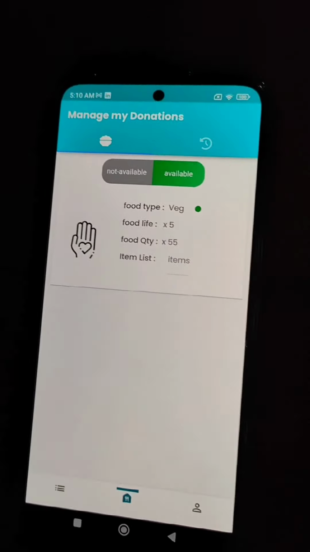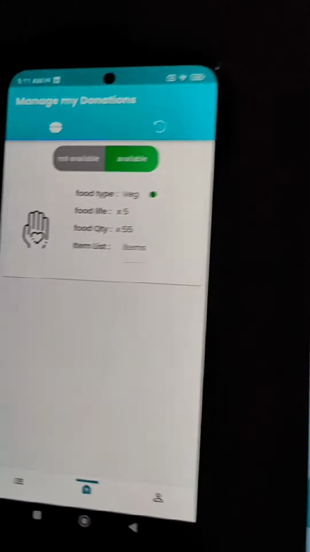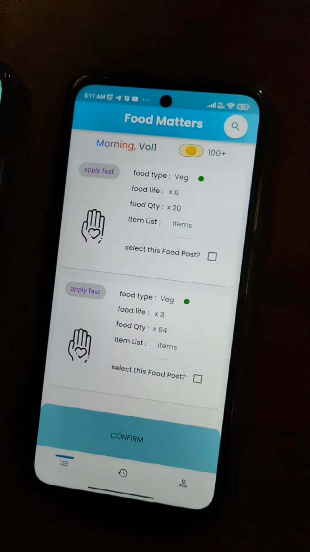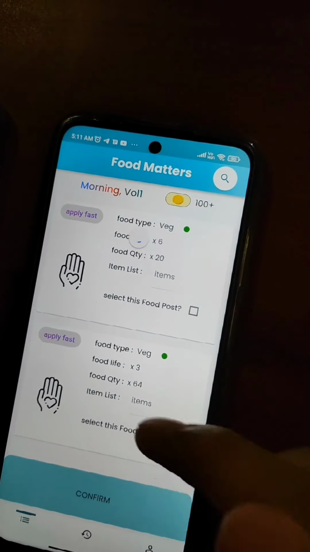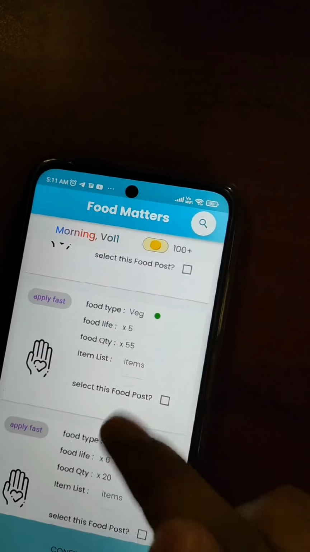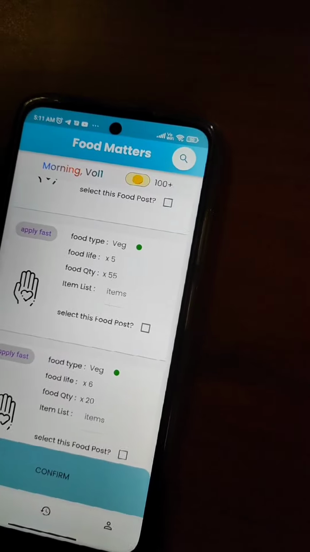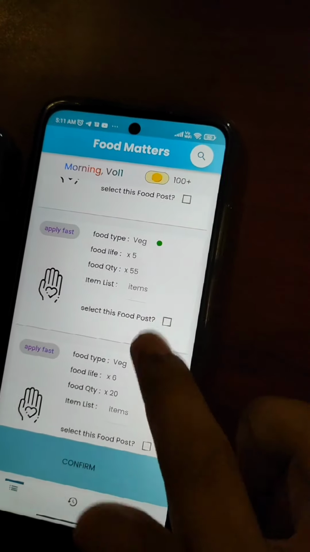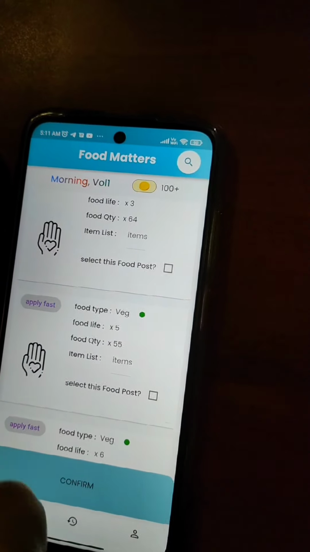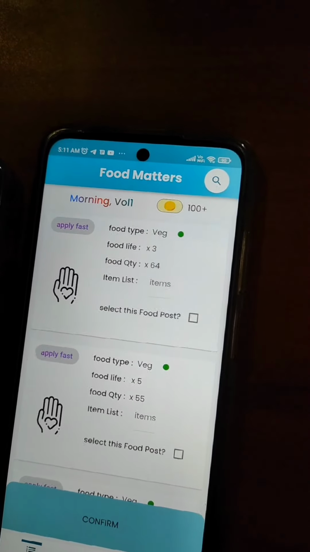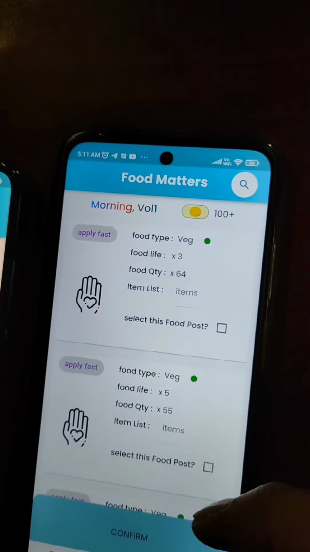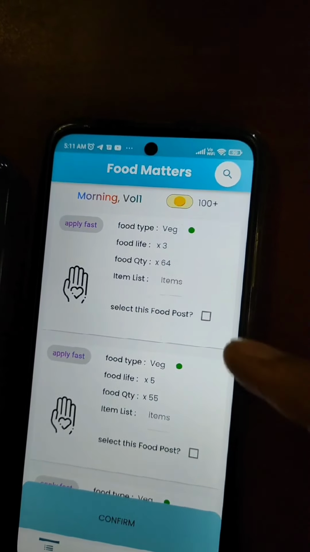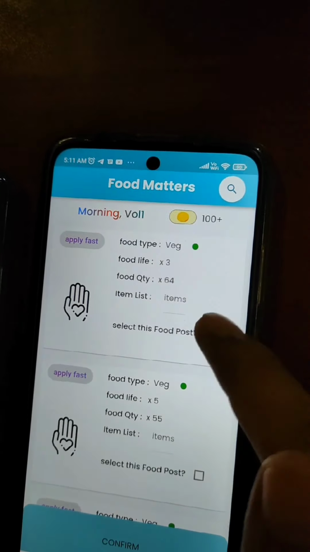Now we will shift to the second route of the application, the volunteer route. In this volunteer route, if I refresh the app, you can see that the third post, which was created by this user, is now there, this 5 into 55, as you can see. So what a volunteer can do is select the particular number of posts until his satisfaction. Let's say I select this post,